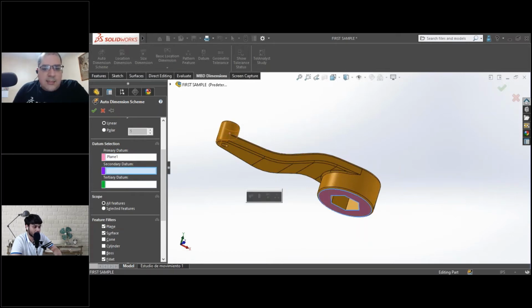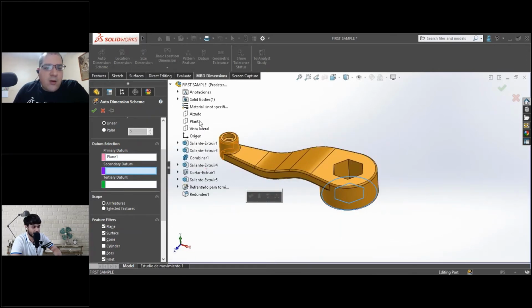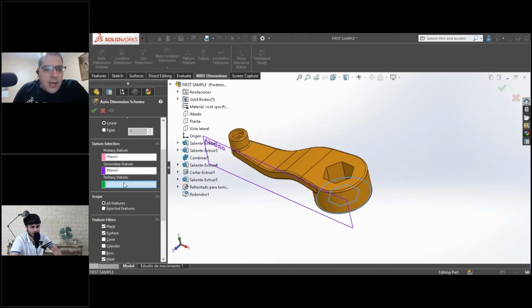As a secondary one, we can bring one of the original planes. And for the tertiary, there's one missing, so